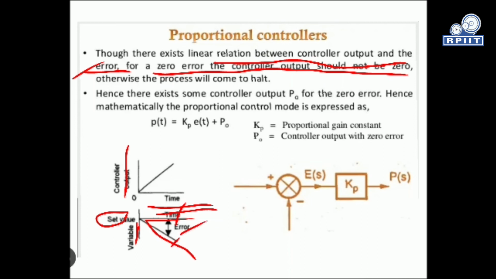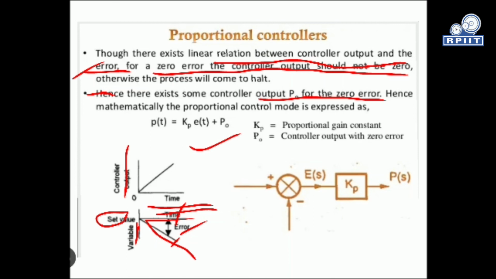Hence there exists some controller output p0 for the zero error, and the proportional control mode is mathematically expressed like this. If the error is zero, there will be some corresponding output. On zero error, the output should not be zero.